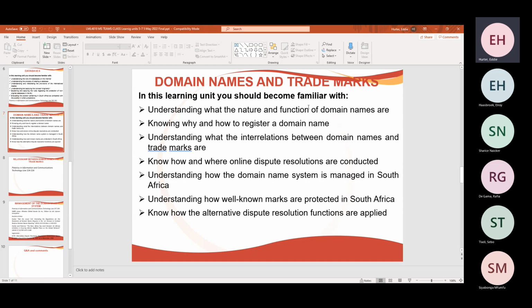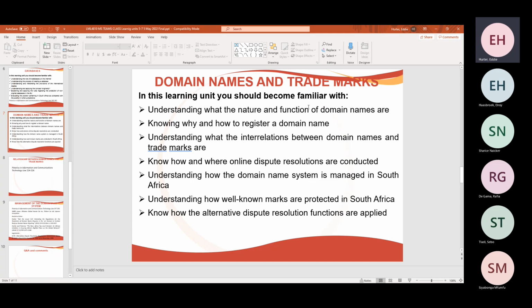So you can see the imbalance between domain names and trademarks. And from an intellectual property law perspective, that is quite a big clash that in practical terms needs to be dealt with, because our lives for the past 20, 30 years have centered around the internet, and it's playing an integral role in commerce. So we need to protect trademarks on the internet. And domain names are the primary